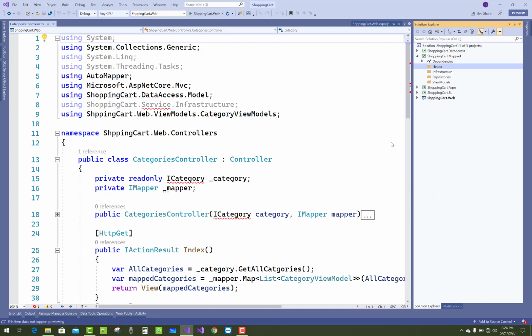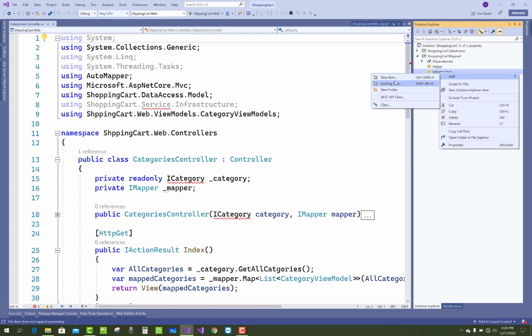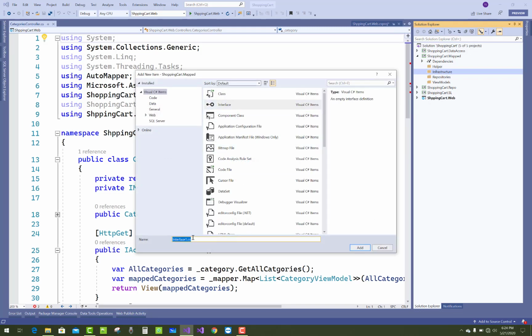So in the web project we only have the controller sections, only the view models, with no relation to the model inside the controller.